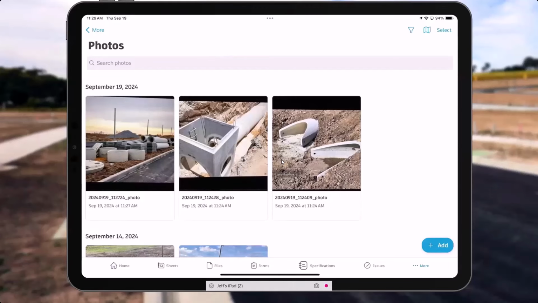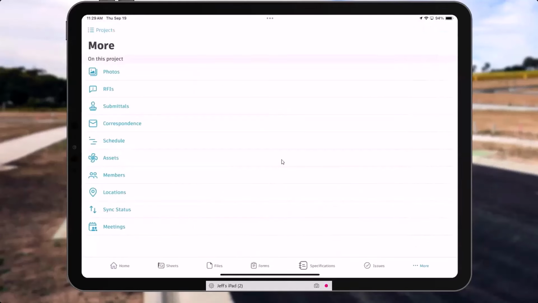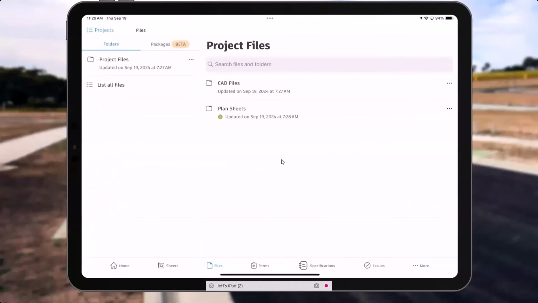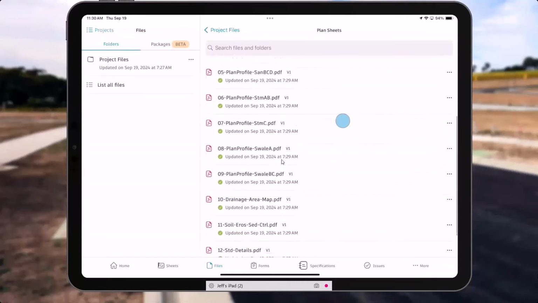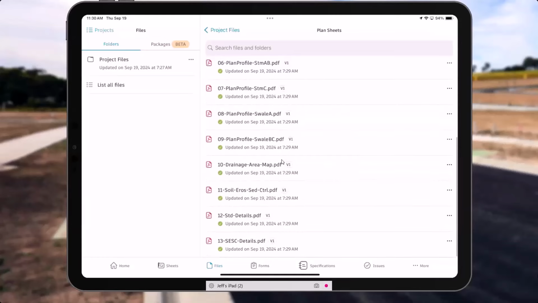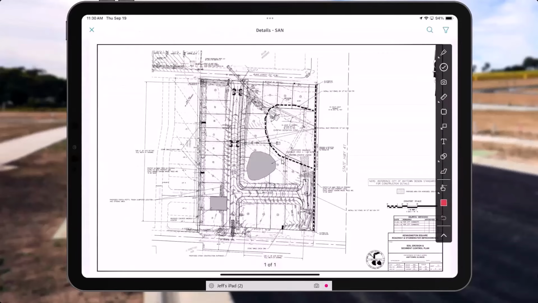Let's look at that. I'm going to back up, and at the bottom of the screen, I'm going to tap on Files to bring up my directory structure. And I'm going to open up Plan Sheets. Let's assume I'm out in the field and I'm looking at some soil erosion control. Maybe I'm investigating silt fence. I'm going to drag this up and I'm going to open a plan that's got the soil erosion and sedimentation